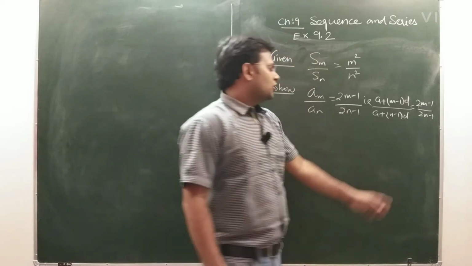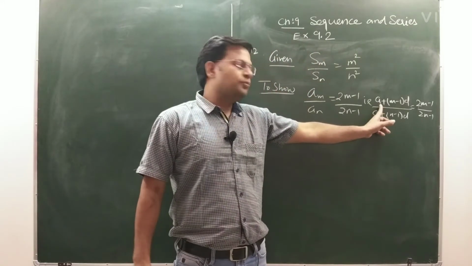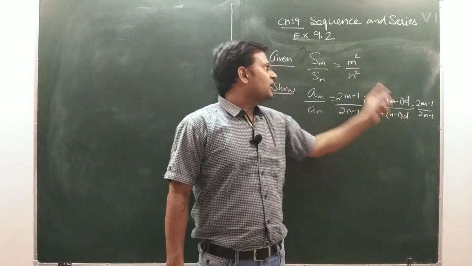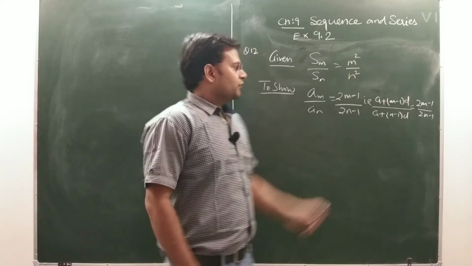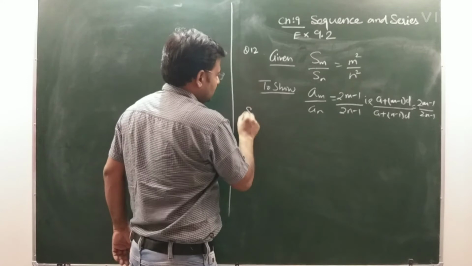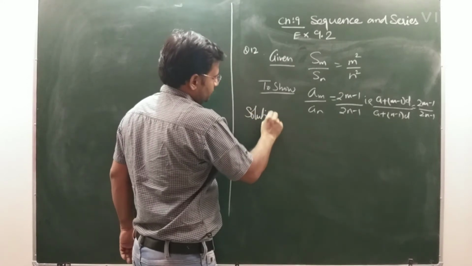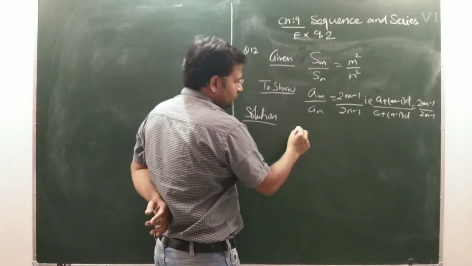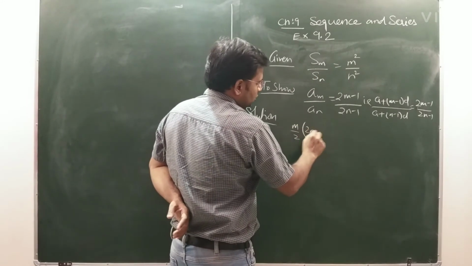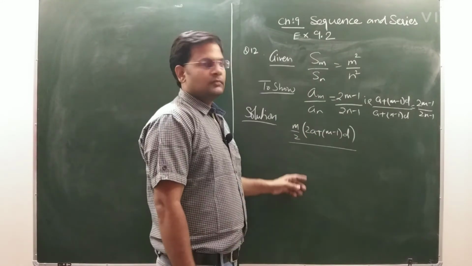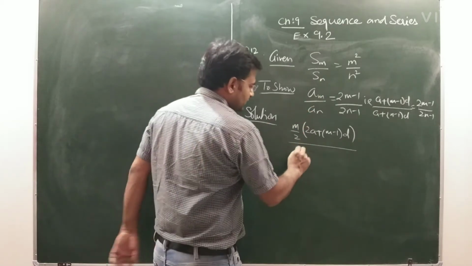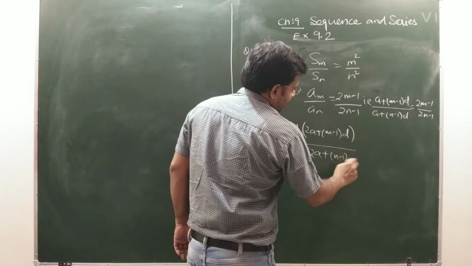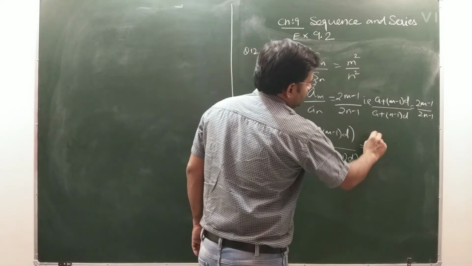2m minus 1 upon 2n minus 1. So your target is that you somehow bring that a plus m minus 1 d, a plus n minus 1 d from what is given to you. So let's begin from this. We can write this solution: Sm you can write m by 2, 2a plus m minus 1 d, and now Sn you can write n by 2, 2a plus n minus 1 d, and this is equal to m square upon